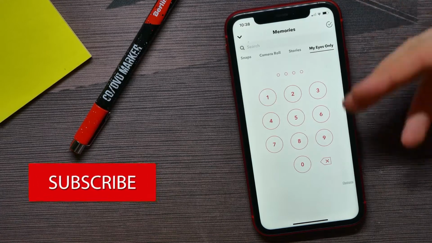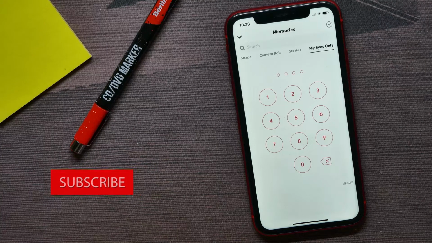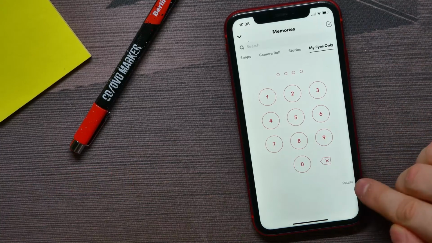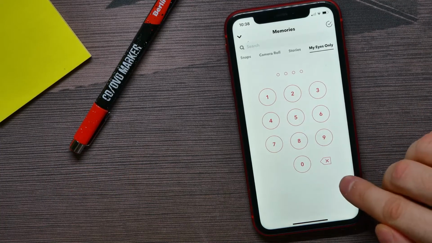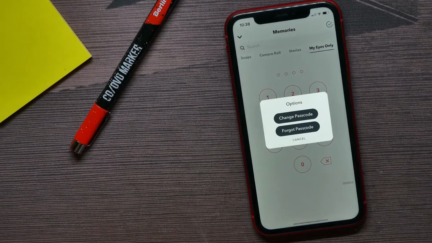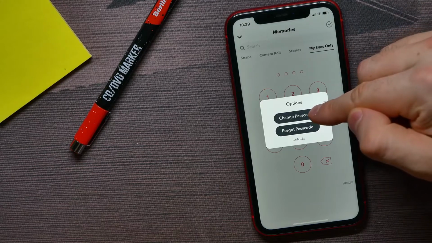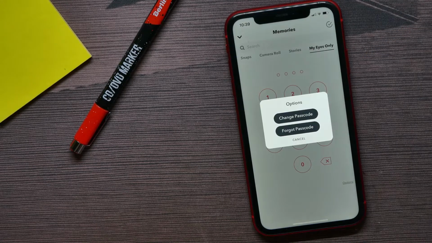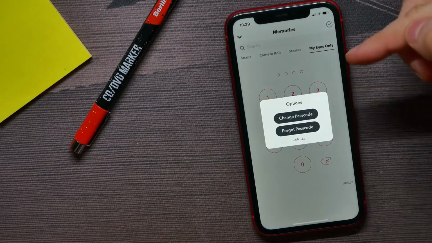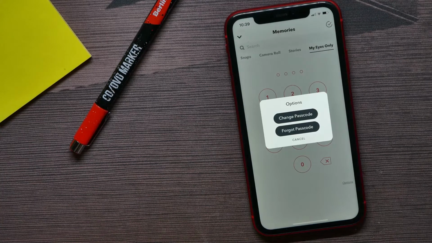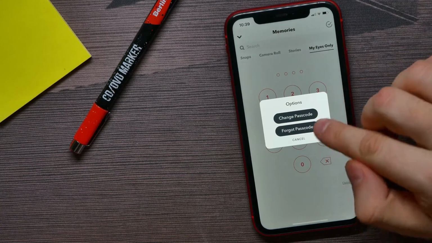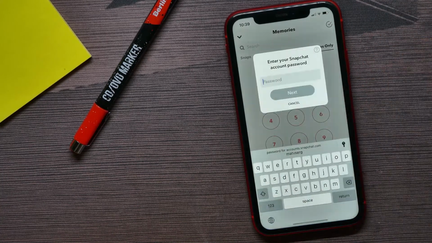And let's say I forgot that passcode, and here at the bottom right it says Options. I can hit on that and it gives me two options. The first is Change Passcode. I can hit on that button and here I have to remember the current passcode to be able to change it to a new passcode. So if you forgot the passcode, you have to select Forgot Passcode, and there first you have to